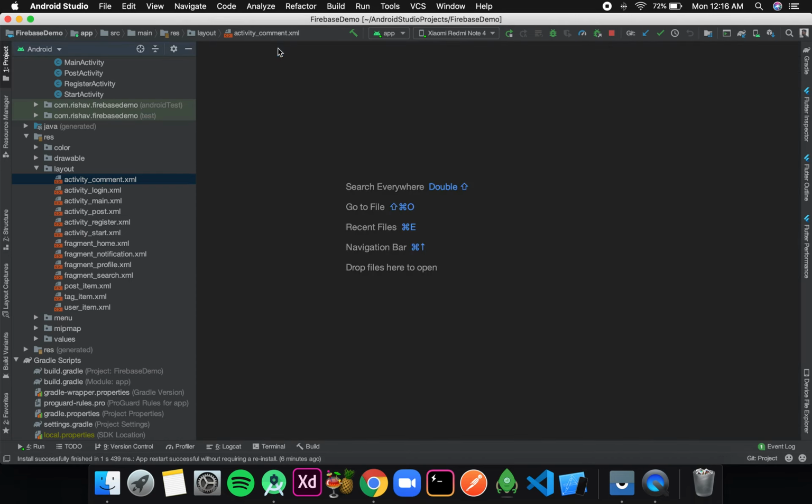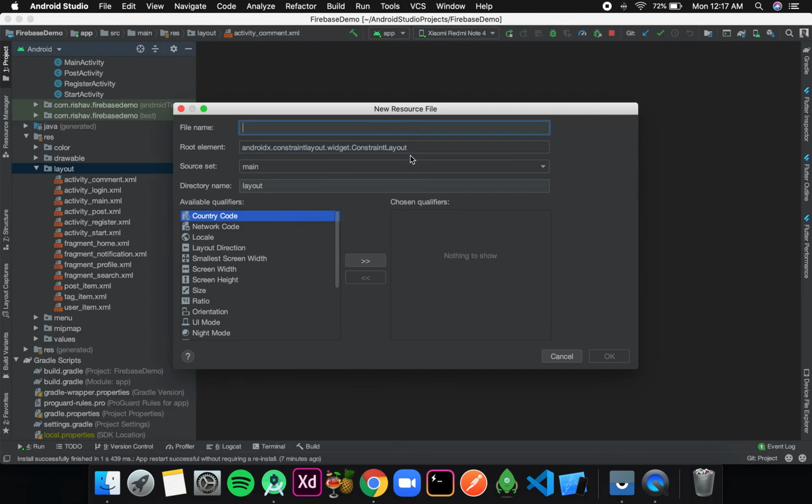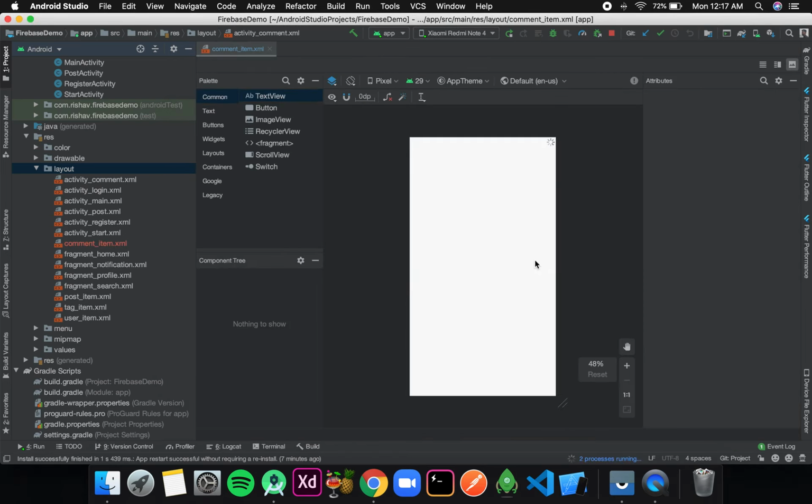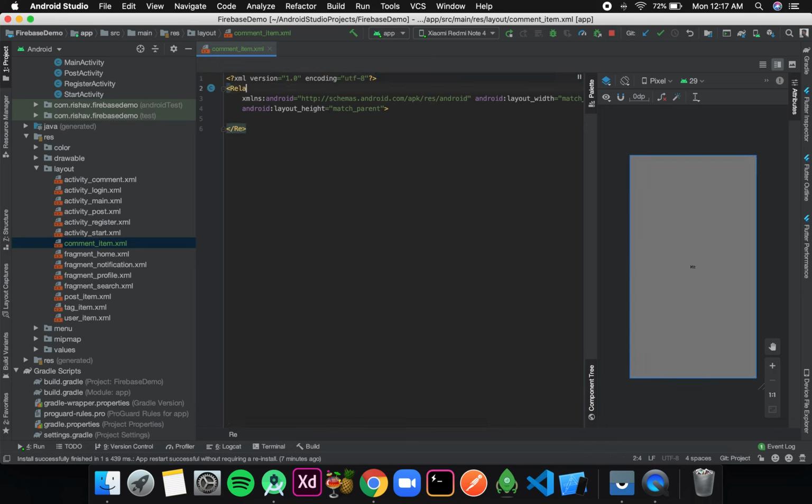Okay, so for that in my layout file I'll add a new layout resource file, and I'll call it comment item. And then over here I'll use a relative layout.